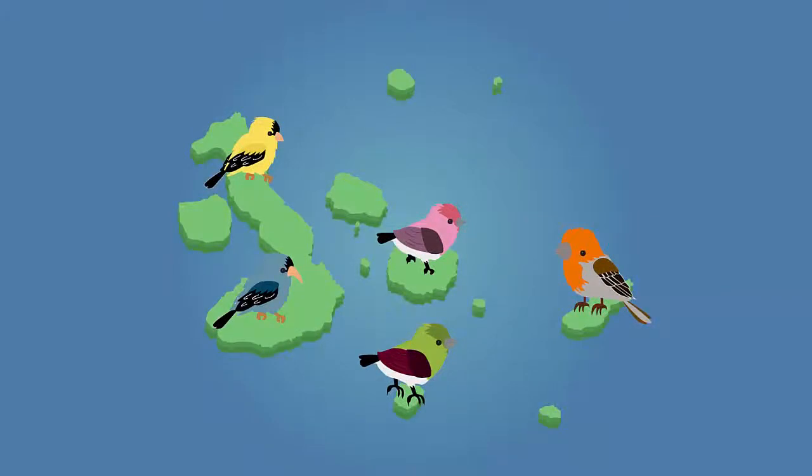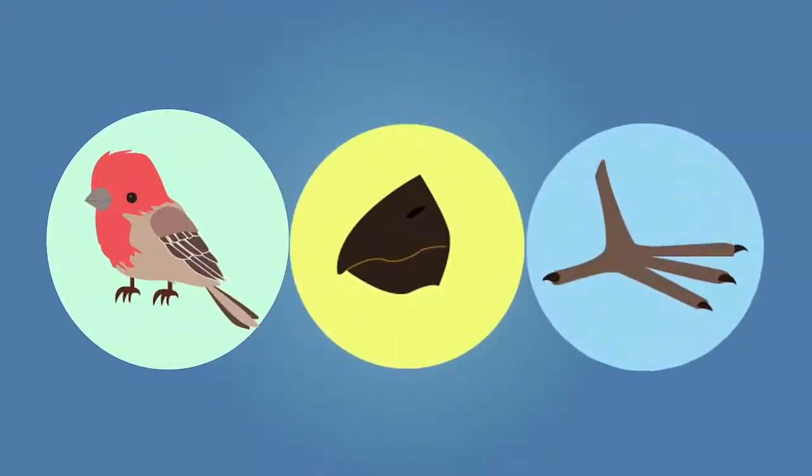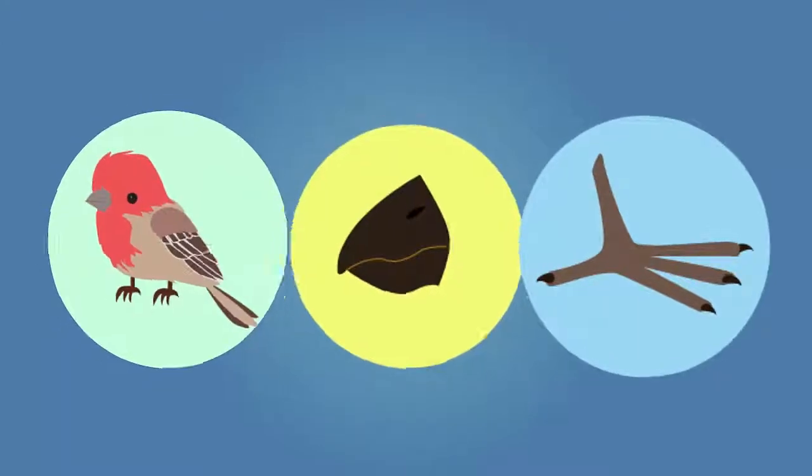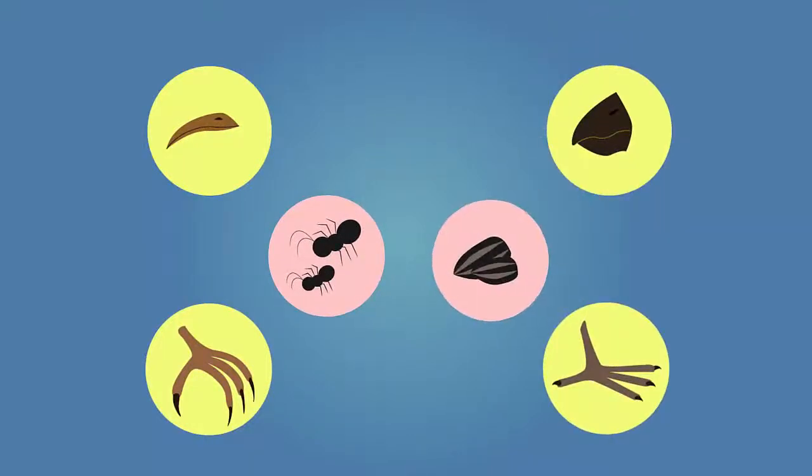However, the Galapagos finches were all slightly different from the original mainland species, and they were also different from each other. The finches on each island showed distinct variations in their overall size, beak shape, and claw size. These differences were attributed to the differing food sources available on the various islands of the Galapagos. Some of the birds had long, thin beaks and sharp claws suited to catching and eating insects, while others had large, powerful beaks suitable for cracking open nuts.